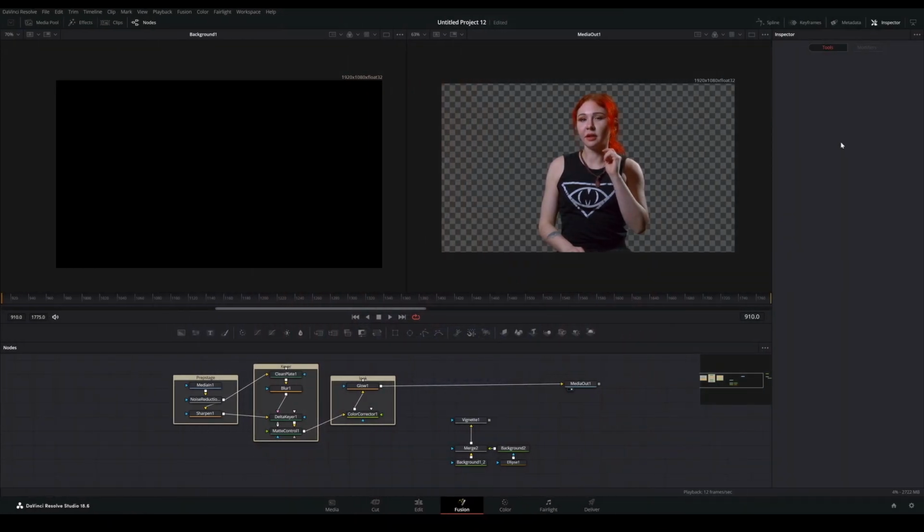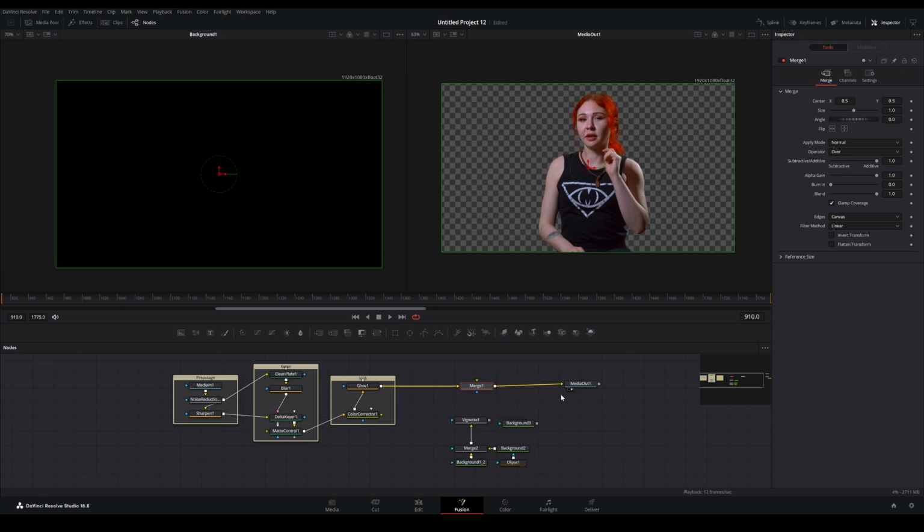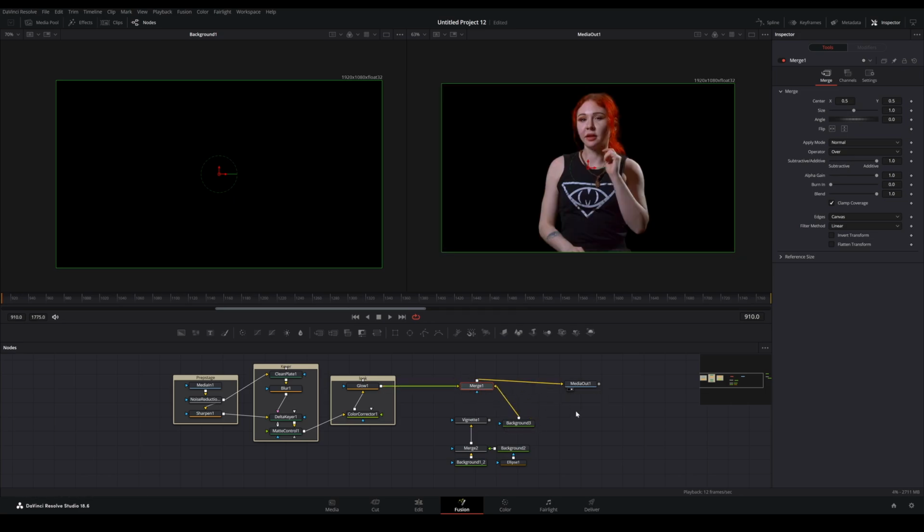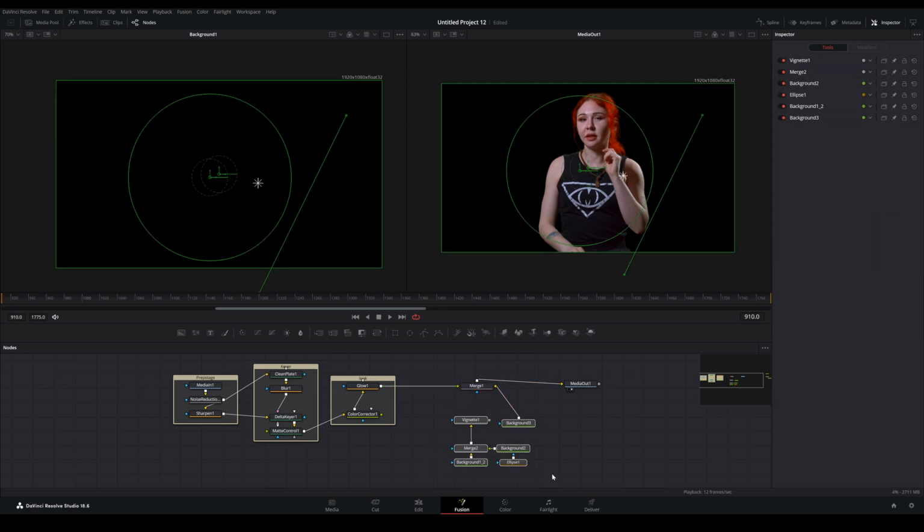We'll navigate to the Fusion page, assuming that you have already done the chroma keying exercise. If not, follow the link above. We'll first add a new background node, add a merge node, and connect background to background input and foreground to foreground input. By the way, to create a logical area for related nodes, press Shift plus space on the keyboard,